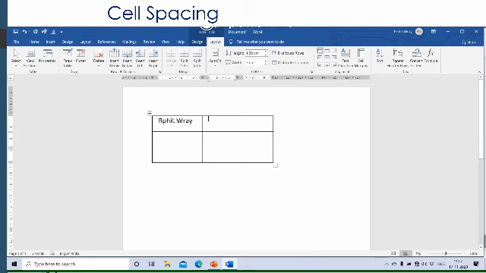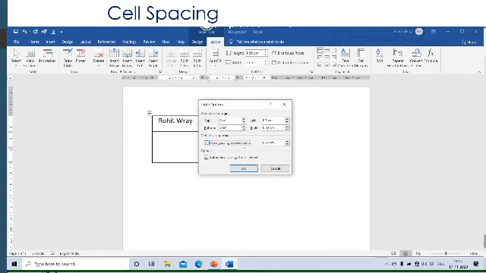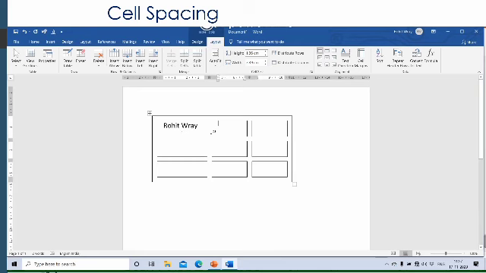Now we'll change the space between the cells. Again, click on cell margins, allow spacing between cells. We'll increase the space and make it more, 0.4 centimeter. Now see the difference. Okay, the space between the cells has increased. Now the cells are looking separate, but they are in a single table. So now also it will work as a table. So this is how you use cell spacing.